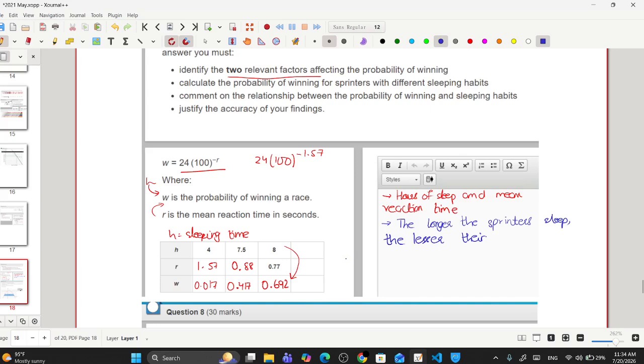We have to consider the idea of reaction time as well, and the more is their probability of winning the race. That is our comment,